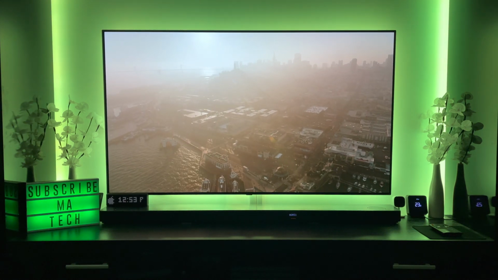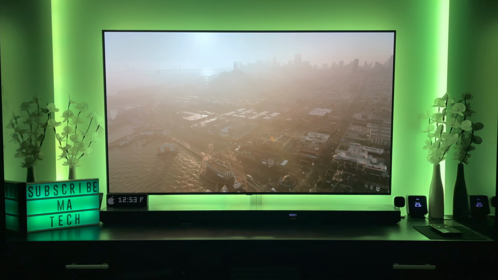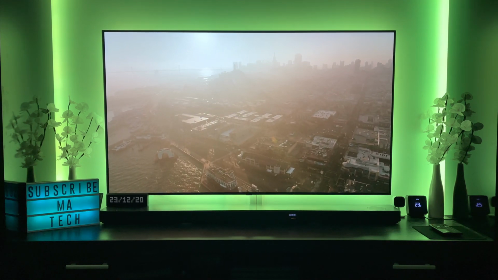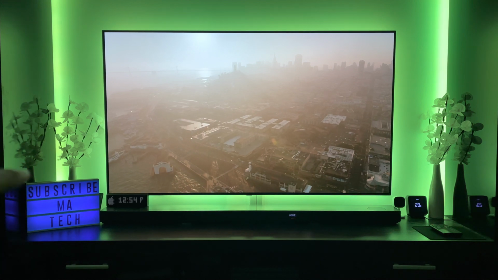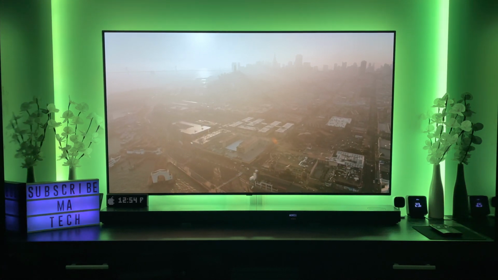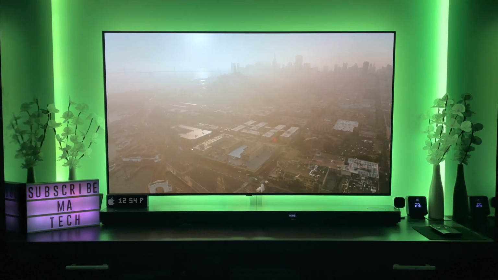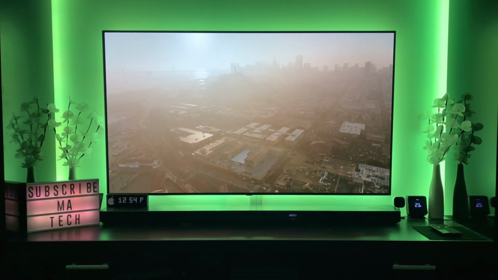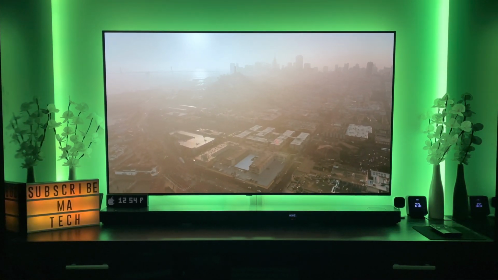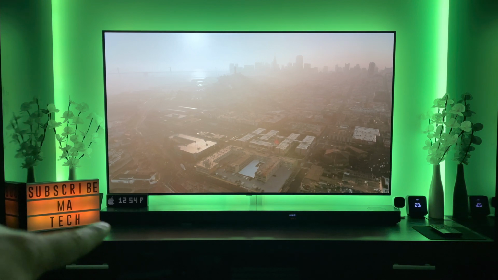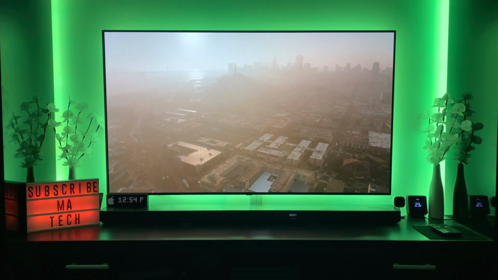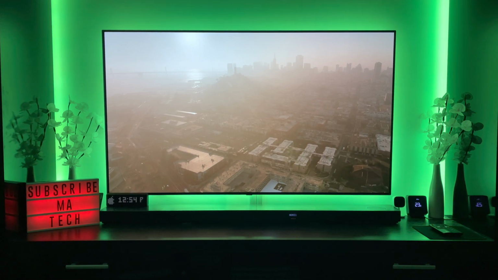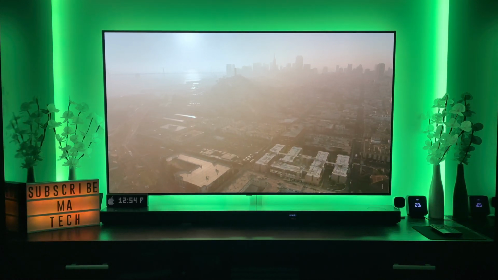So the reason I purchased this is obviously to give me that immersion during movies. Now, one other thing just to note is currently, if you just look there, obviously I've got my subscribe to MA Tech sign there. That was actually a gift from my daughter, so I like to feature that in as many videos as possible. That obviously right now is actually blocking the left side channel. So all of these little things will actually make a difference in terms of how that initialization should, in theory,